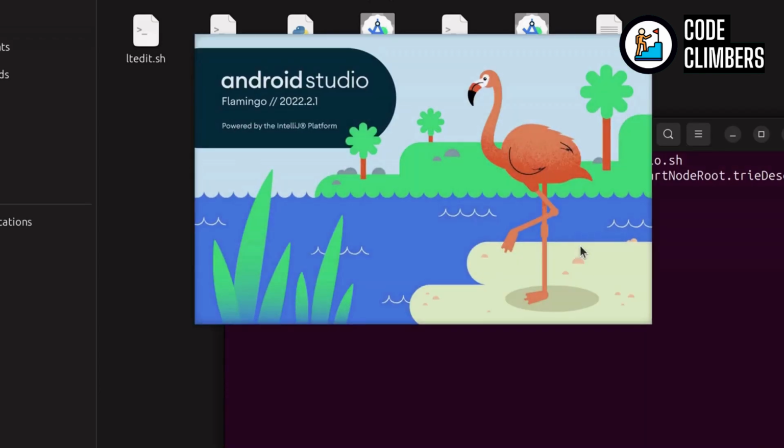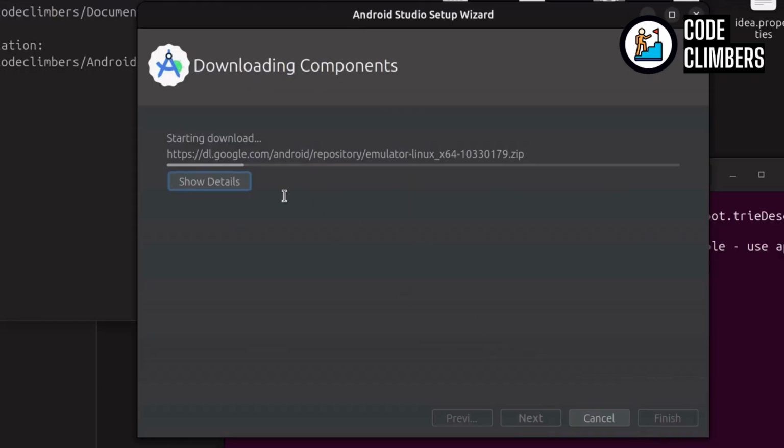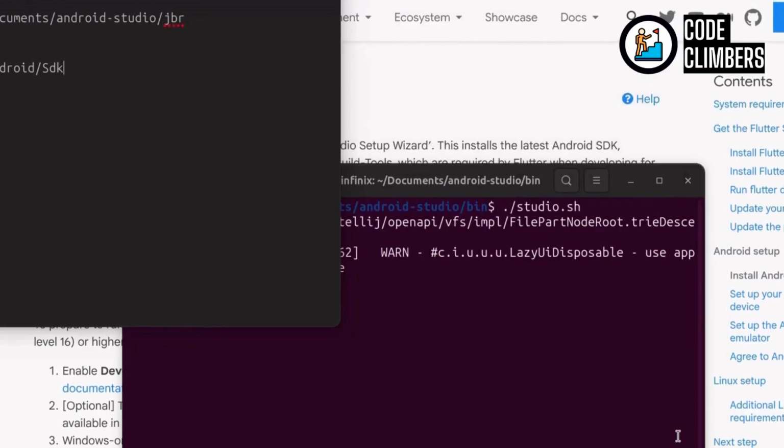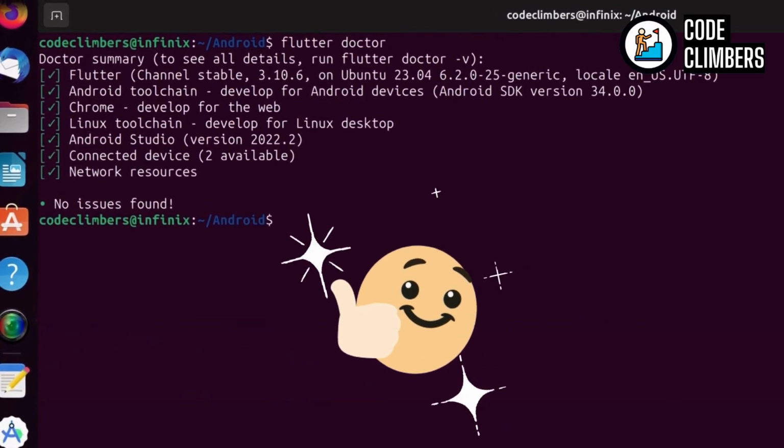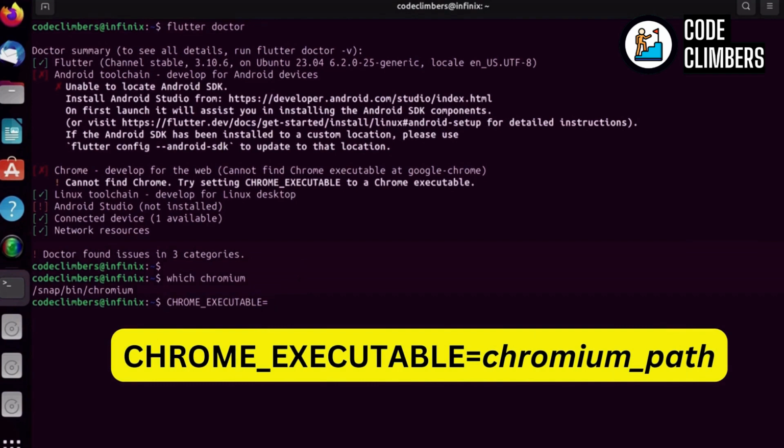In this video, we will guide you through the process of resolving the Android Studio and Android Toolchain dependency issues reported by Flutter Doctor. In the previous video, we fixed the Chrome issue, but the Android Studio and Android Toolchain